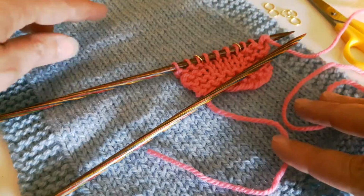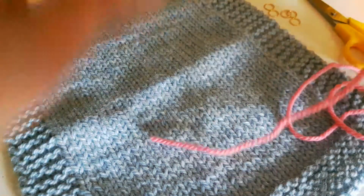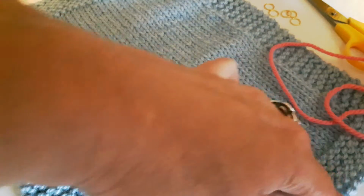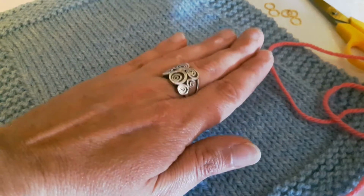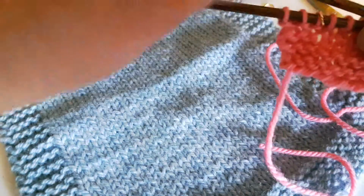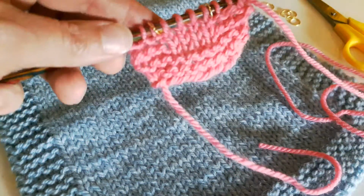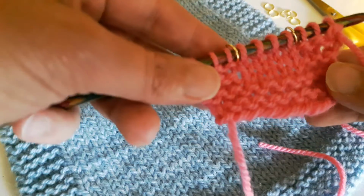Today we're going to do a short video on how to knit this stockinette stitch with a garter stitch border. We've got the garter stitch border on here to hold our stockinette stitch flat. Without it, the edges would be curling and the ends would be curling up. I've got a little sample here just to quickly go through the 2 rows that you need to do to